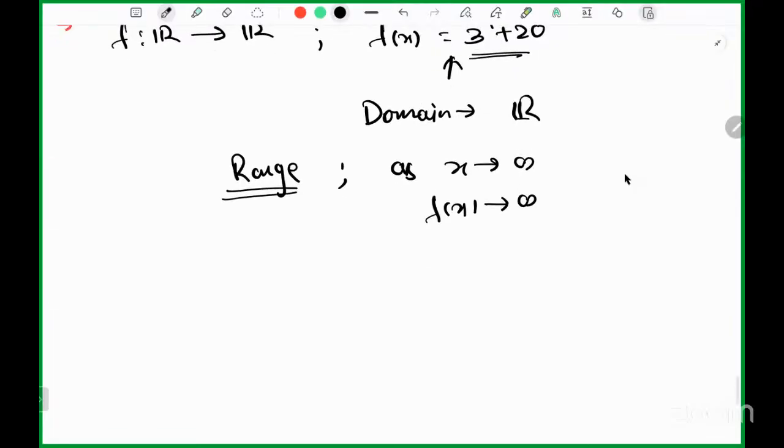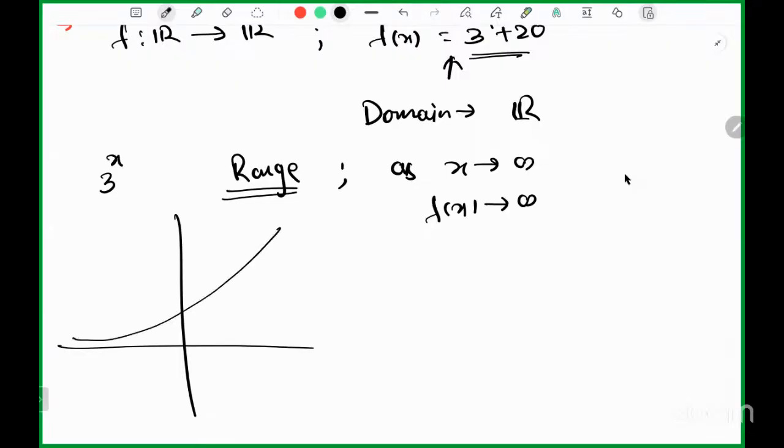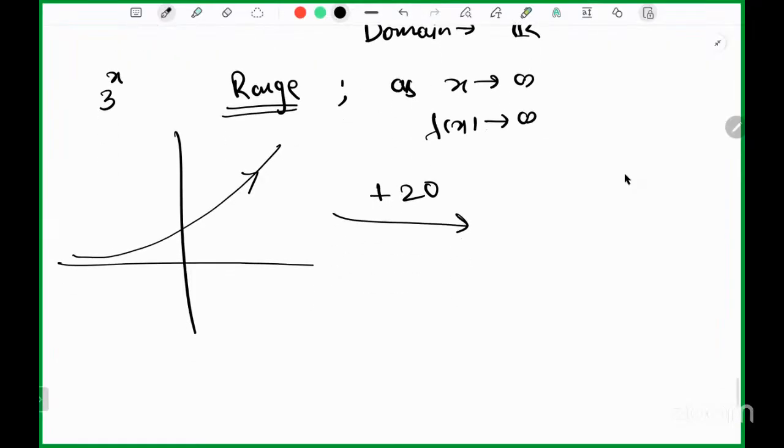So what is the graph of 3 to the power x? Here, for 3 to the power x, a is greater than 1. So that means the graph will look like this. But we also have a jump of 20, right? Plus 20. So whenever you add a constant, this graph actually jumps 20 units above